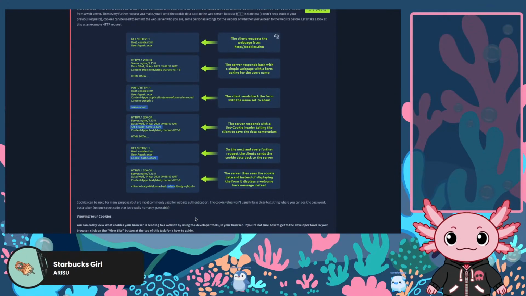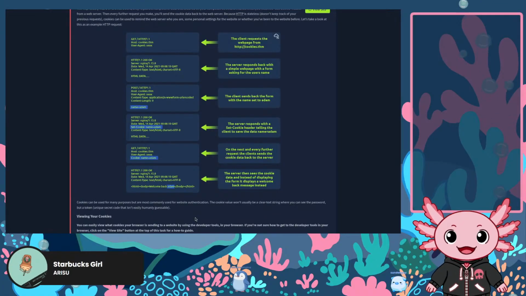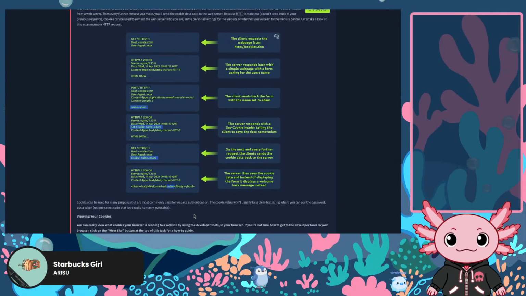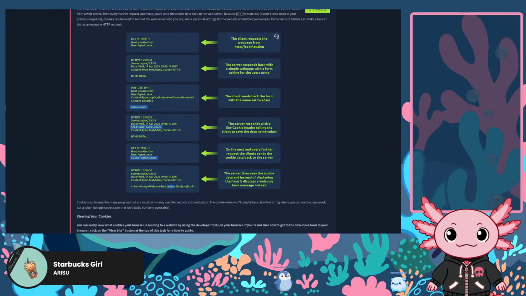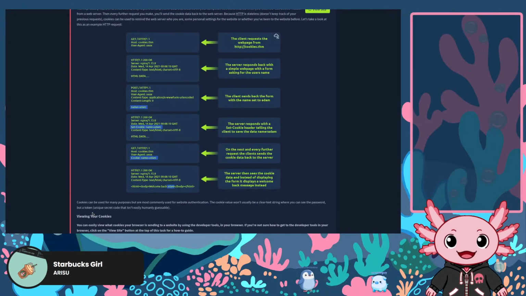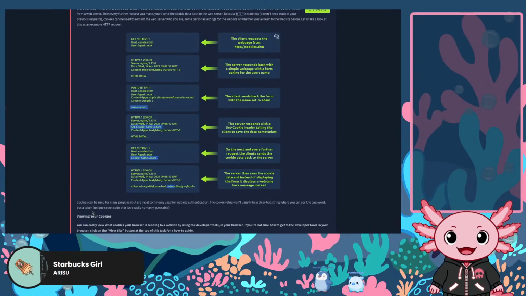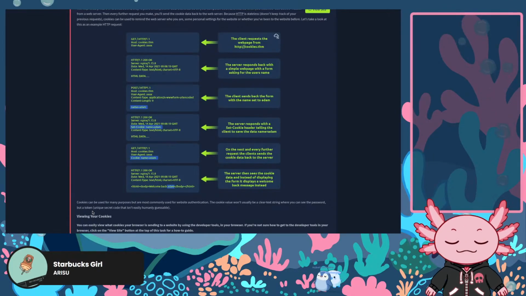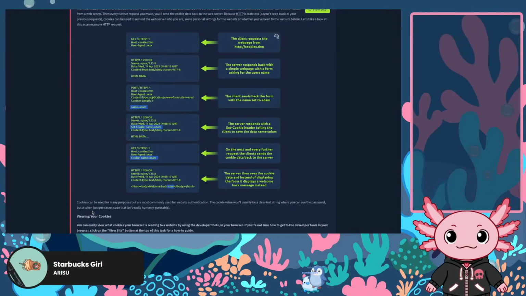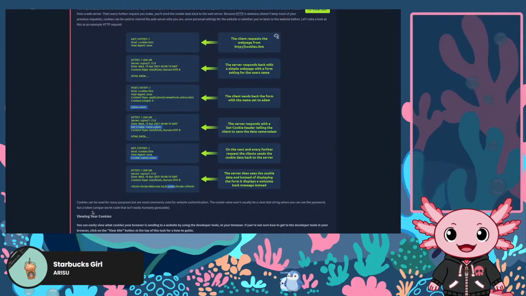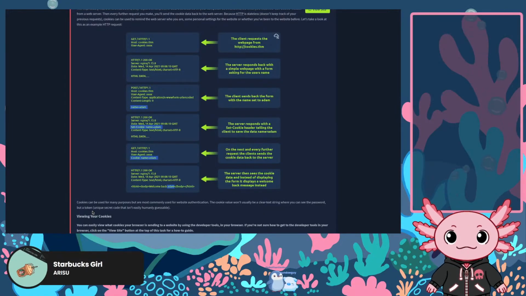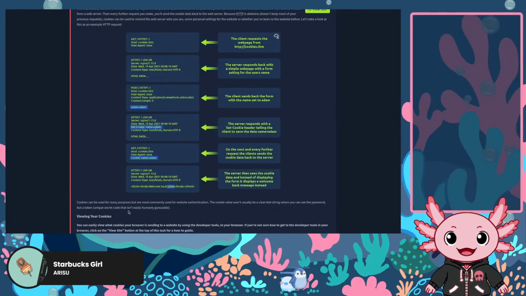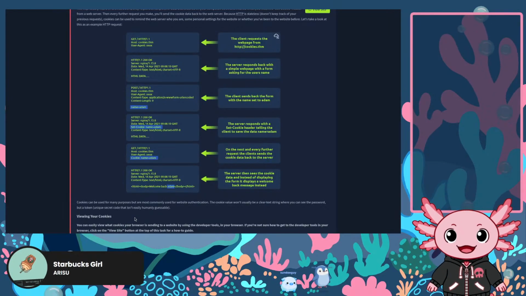And that's why when you say clear my cookies in the browser, you get logged out of all your websites. So cookies can be used for many purposes, but are most commonly used for website authentication. The cookie value won't usually be a clear text string where you can see the password, but a token, which is a unique secret code that isn't easily humanly